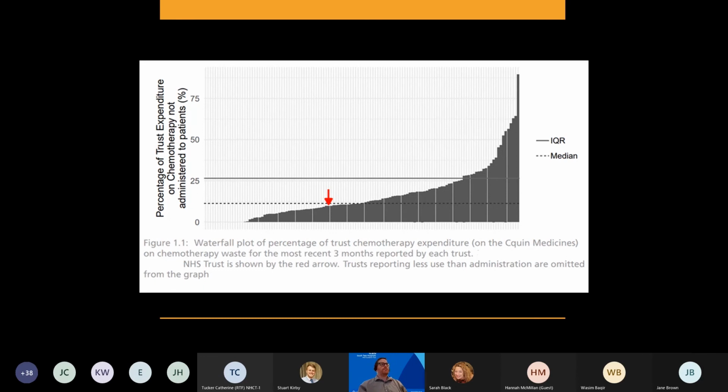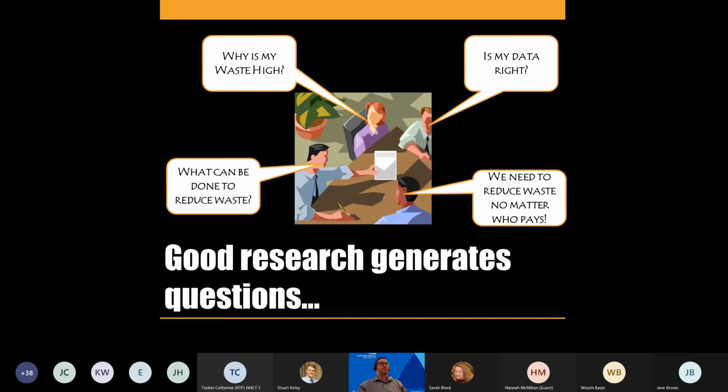And it helped trusts to identify whether or not they were doing okay or not, because up till then they didn't know. Good research always generates new questions of its own, and in fact that's pretty much what this project did. All it did was give people an opportunity to debate the data more, so people were starting to ask questions about why their waste was higher, or what they could do to reduce their waste, and it got people talking between different trusts, because they could go and say, well, your waste's lower, what are you doing different, and so forth. It got people to challenge the data, and we absolutely expect that there are trusts in there that have data that was flawed,